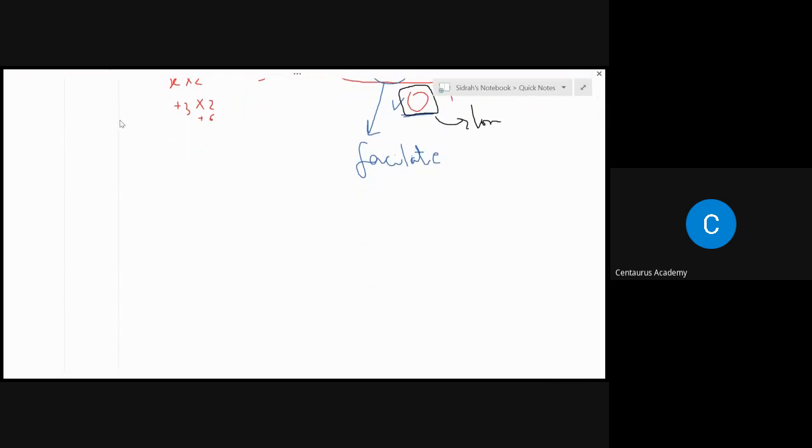Okay, so I can say that copper 2 plus in copper oxide reacts with zinc to form zinc 2 plus and copper metal. So this is the ionic equation. But if I write it down as ionic half equations, this means that copper 2 plus gains 2 electrons to form copper,